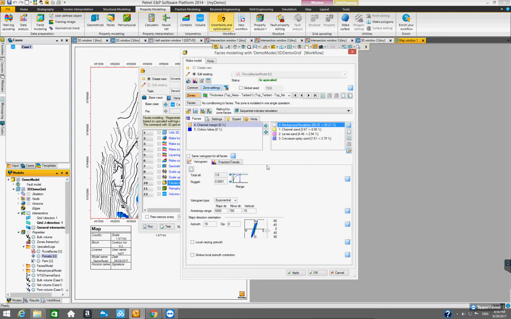So if we look at the background flat plane, we have a variogram that's associated with the distribution, right? With the background flat plane distribution. And for now, we have a major direction that's fixed at 5,000, and then a minor direction that's fixed at 500. So now let's change the major direction and the minor direction into a variable,